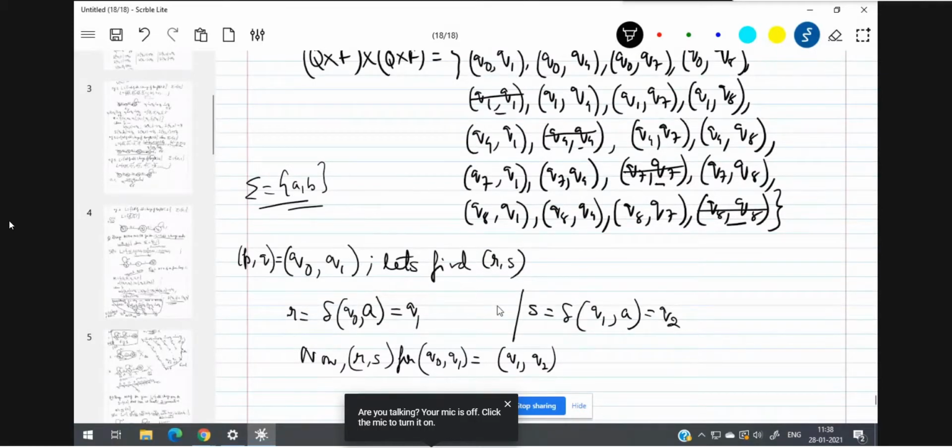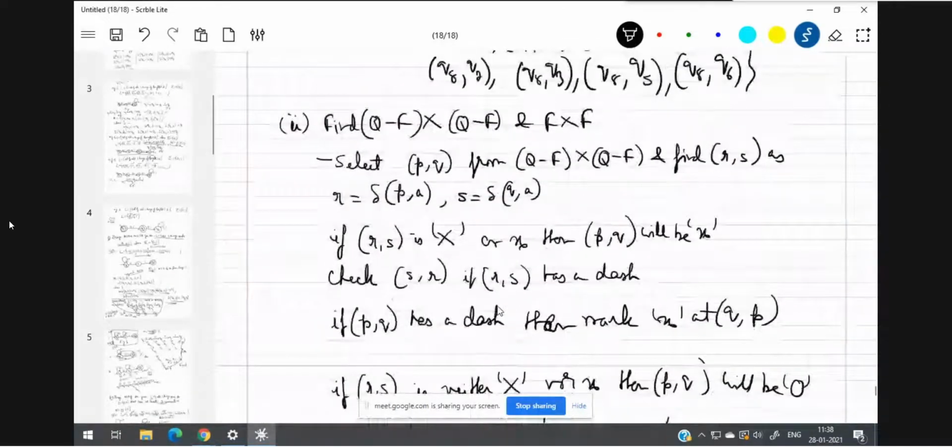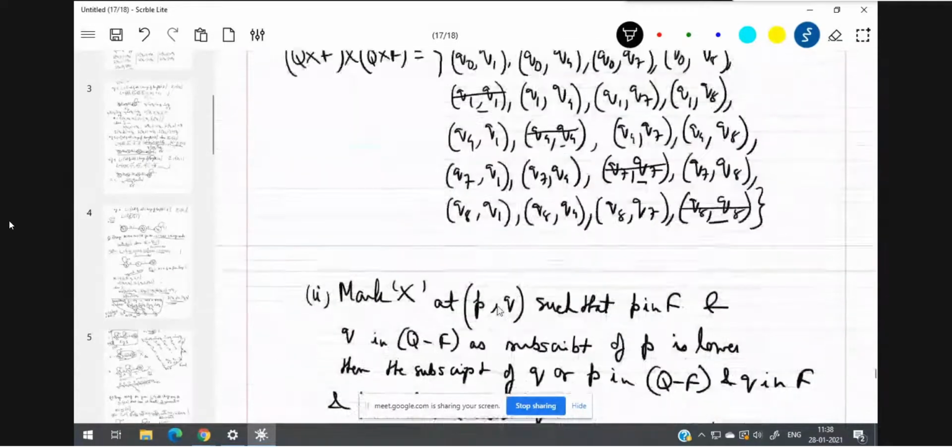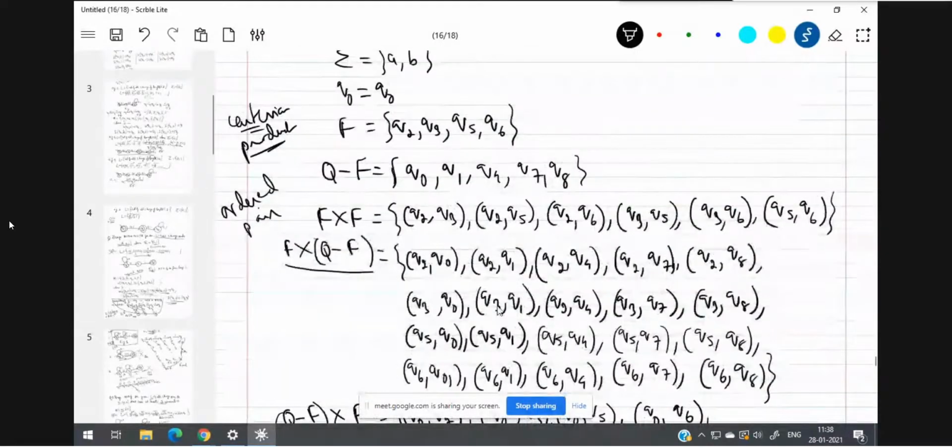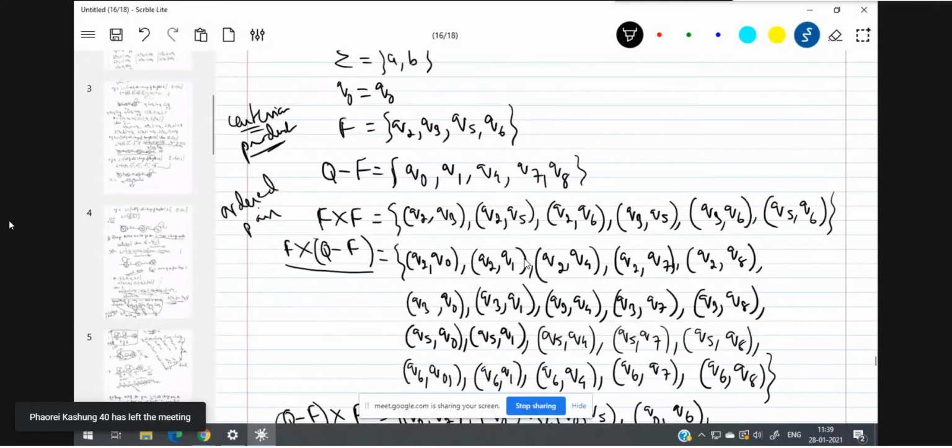I don't know this person. He told me that yesterday when I wrote this, where is that F cross F? Yeah, F cross F. Many other pairs are being missed out. Do any of you have any idea why I have missed those things? One of you just tell me. If you don't have any idea, I can explain it. In the group, please check it.